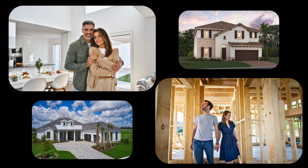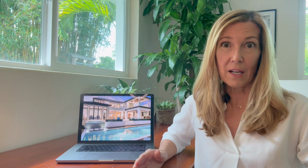for many buyers. When you hear information on the news about Florida real estate, keep in mind that those are the broad strokes. To really know what's going on, you need to drill down into the numbers, whether it's for an area, a zip code, or even a community. It's really important if you're a buyer or a seller to know market conditions before you're making or accepting an offer. And if you ever want me to run the numbers for you for a specific area, I'd be happy